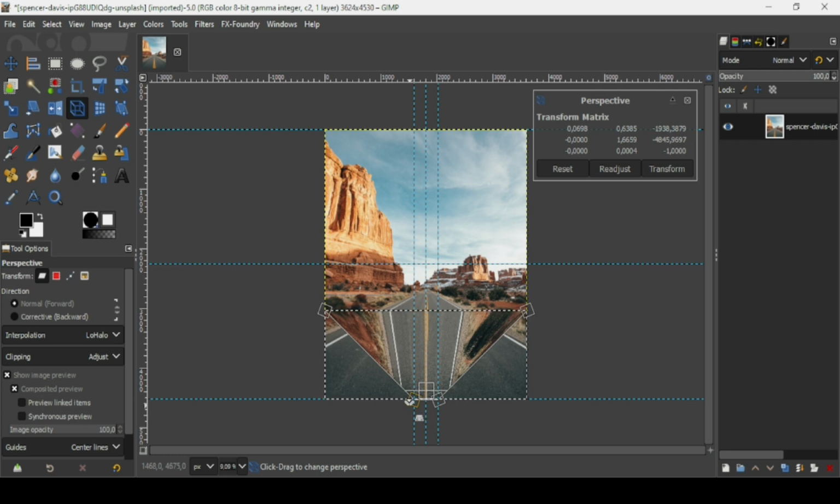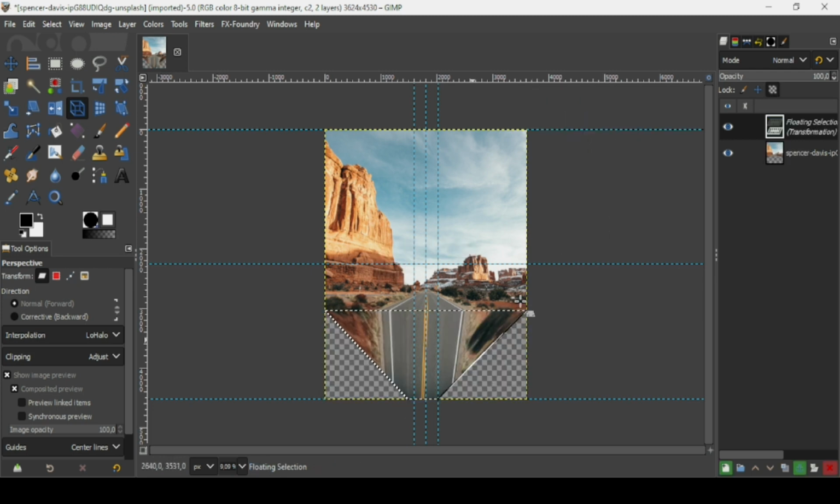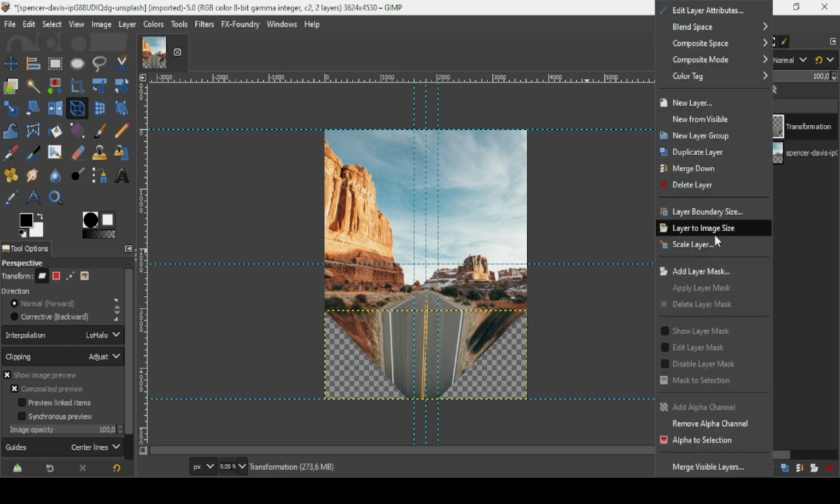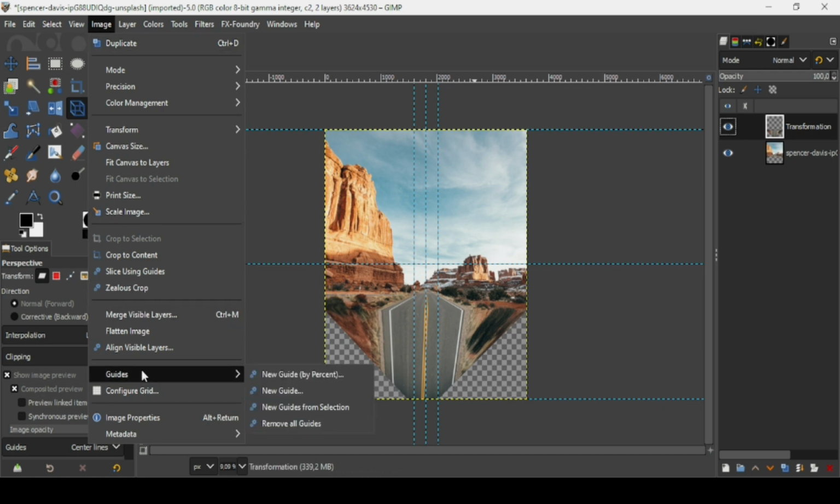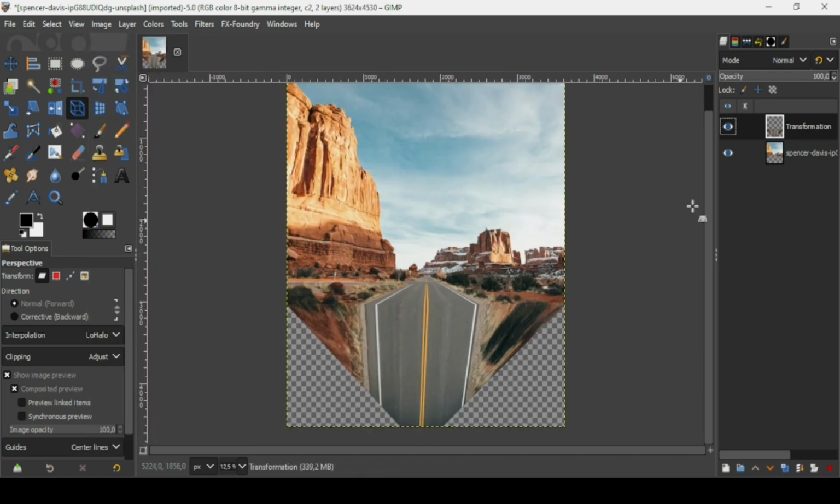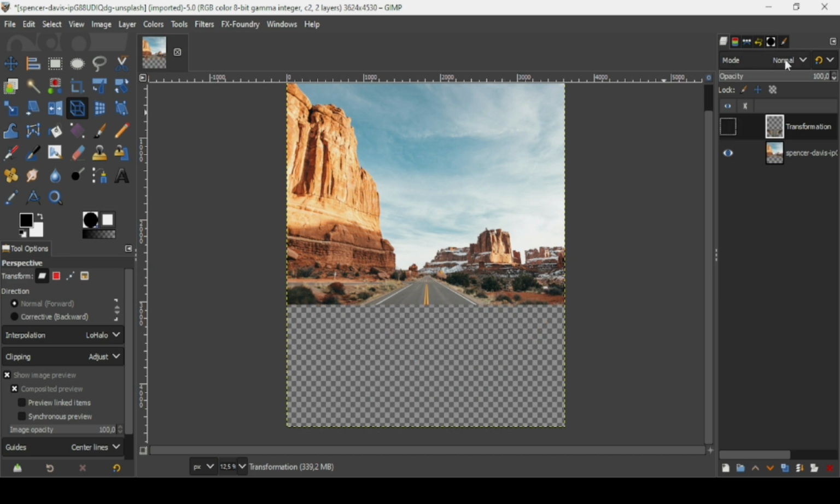And here you can also adjust to make the road straight if you don't like the result. So here, for example, I think it's okay. And now press enter. And now, as you can see, the selection became a floating selection. So click on this icon here, create a new layer. So here it is. And now right click on the new layer, and then layer to image size. And now let's remove all these guides. So go to image, guides, remove all guides,